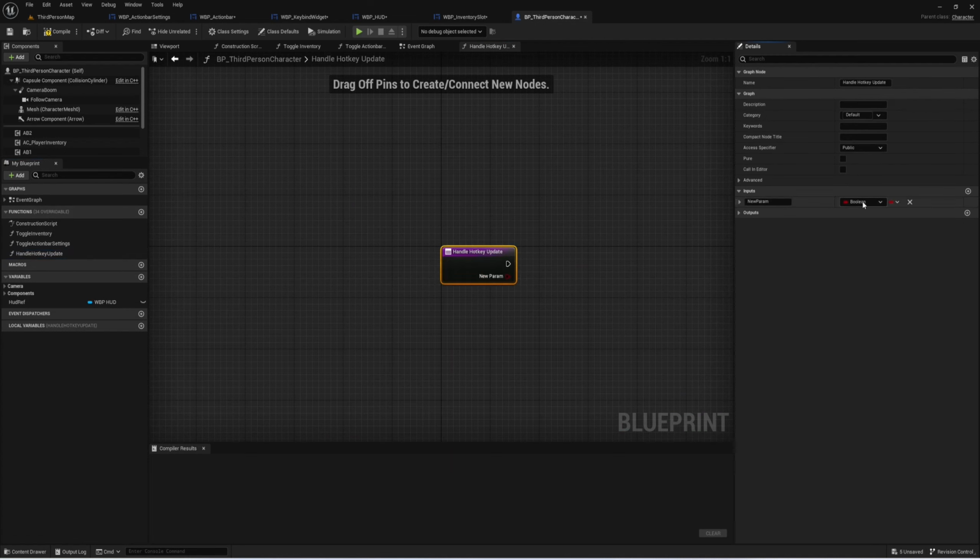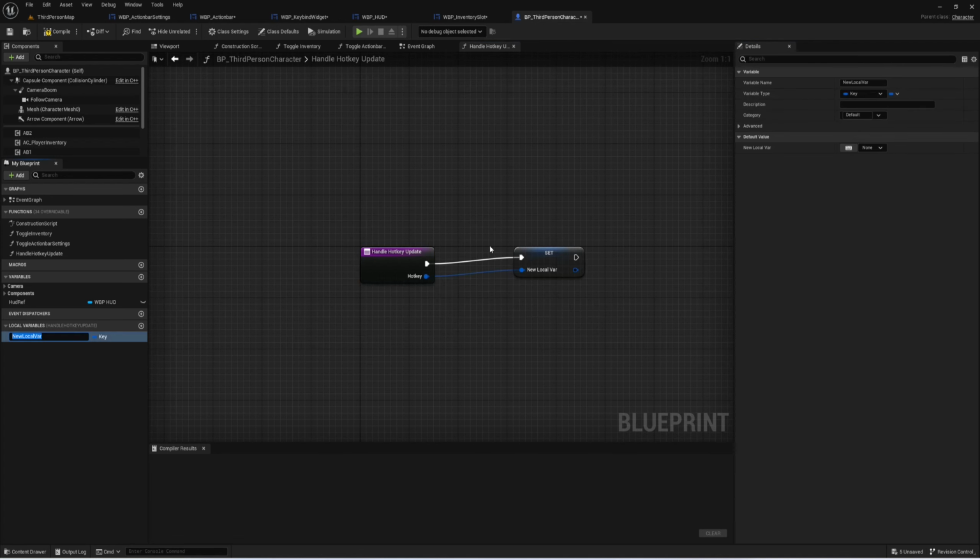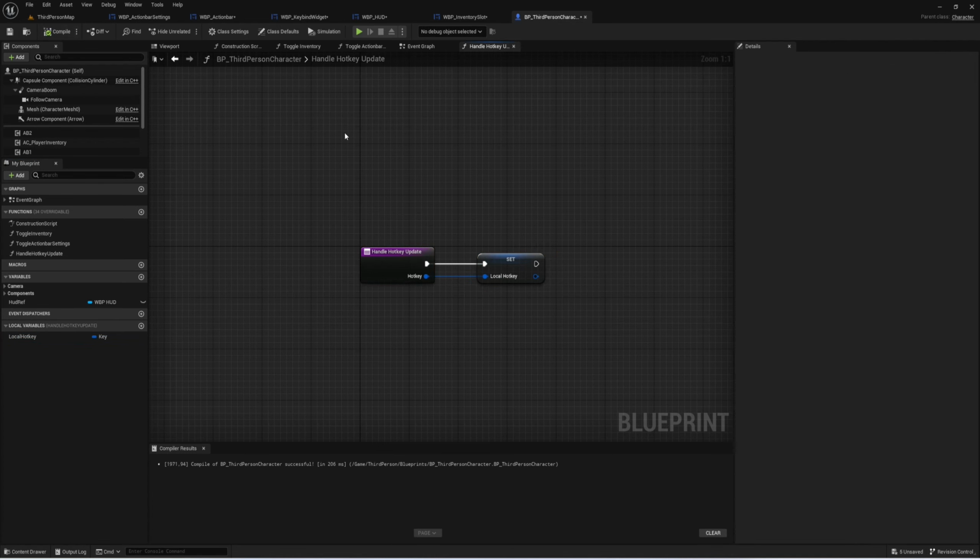It's going to have an input of type key, call it hotkey. And I just realized that this is going to be a very long sequence that we need to do here, so we are not going to do it today. I'm going to stop the video here. This is going to be called our local hotkey, and we're going to end it here and finish this function